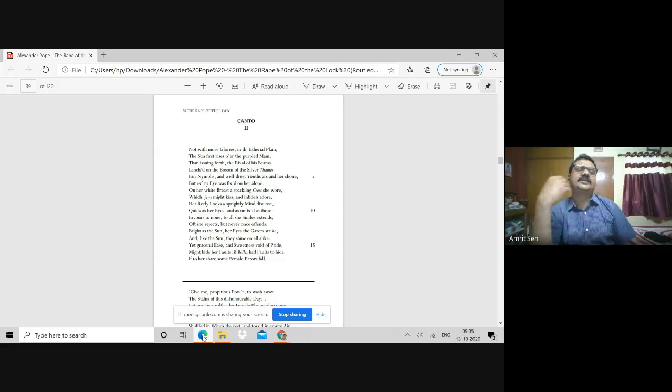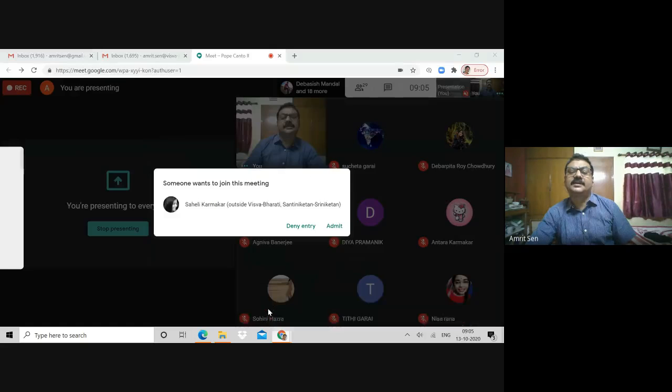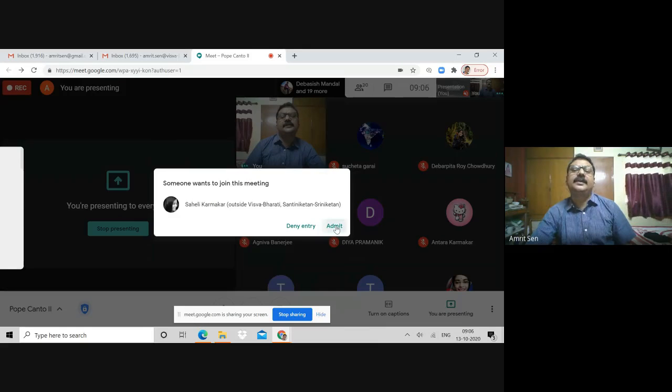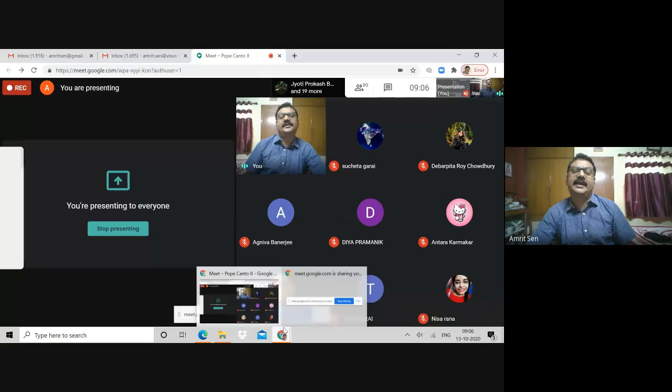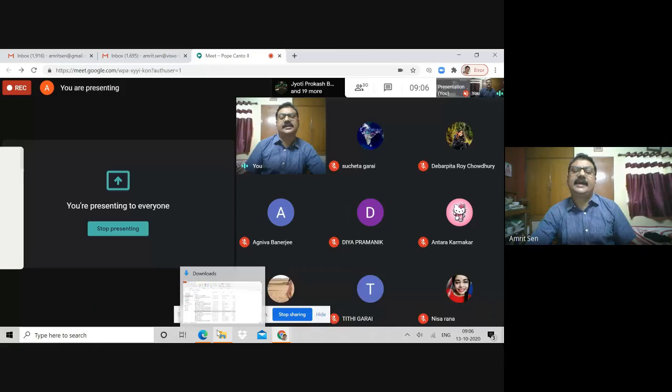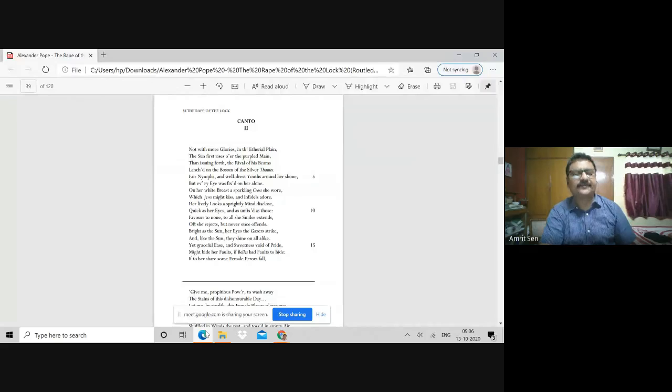So the merchant does not come into the Rape of the Lock in a big way, but it is very important to note that Pope suggests that there is a distinction between the merchant's life and the aristocratic life, in the sense that the aristocrat is marked by a life of leisure, by a life of playing cards, having coffee and tea, whilst the merchant is engaged in hard work of generating commerce. So in a certain way, Pope's poem is also reflecting very obliquely the changing class realities of that particular